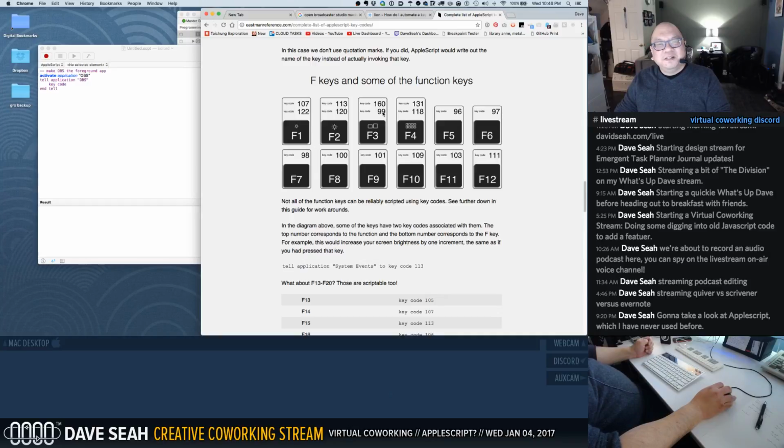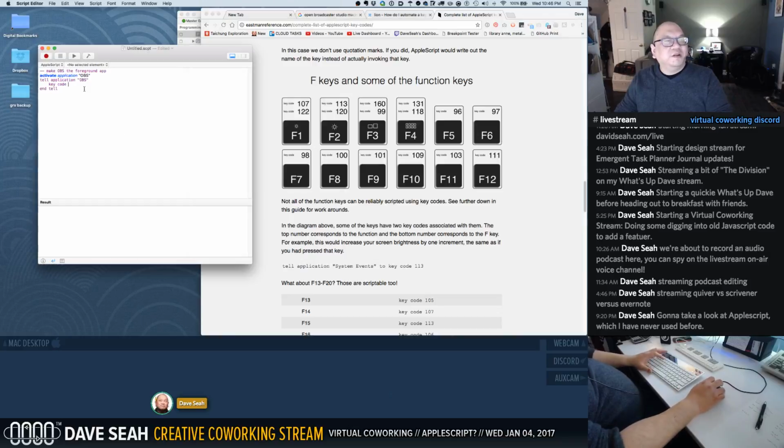Really? Why is it this weird order? F1 on 18, 96, 97. It might be some bizarre key. So okay, key code 120. Was it 122? 122 using